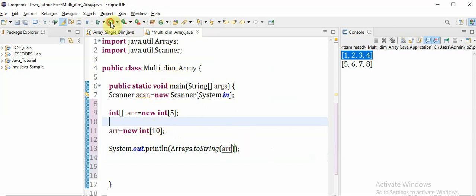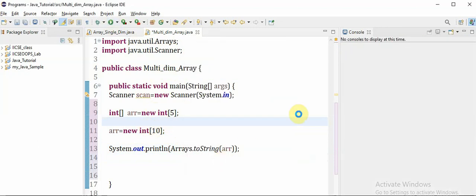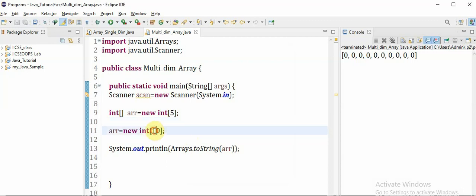So if I run this program, you will be getting 10 elements in this array. Since I didn't give any element to it, it is filling this array with the default value of integer, right? So this is possible.